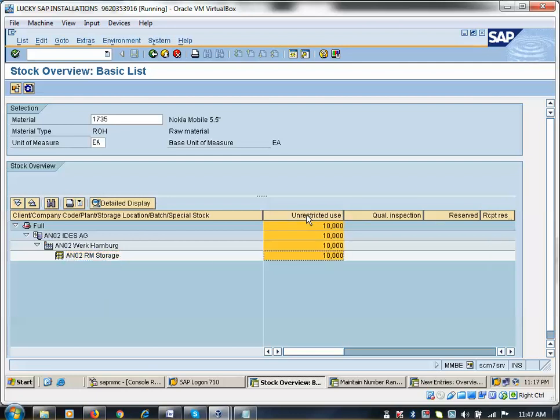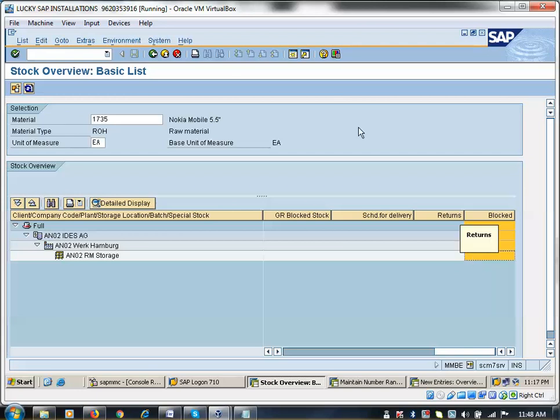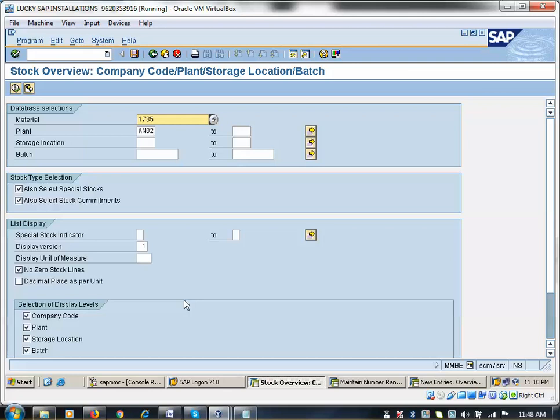Here unrestricted stock means you can use it for selling, or for manufacturing any other product. This is quality inspection. Then this is blocked stock. Blocked means you cannot use it; you have to return it to your vendor. But stock, once you purchase it, is valuated stock. Whether a damaged product comes to your place, in place of your cash the product came to you. If you have not returned the product, your cash will not be refunded. Quality inspection stock, blocked stock, unrestricted stock, all are valuated stock. Valuated means you gave some value, you purchased the product. Okay, and it is owned by our company, owned by our client.